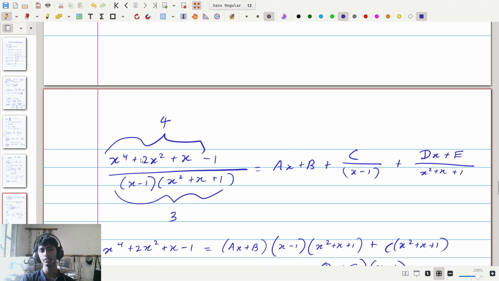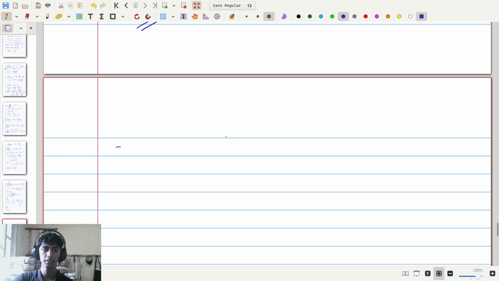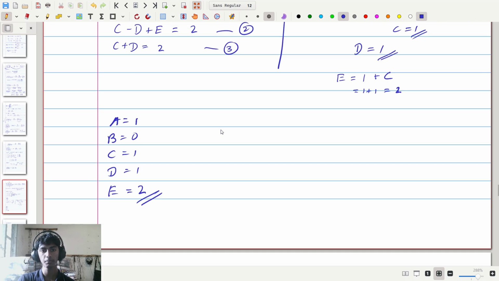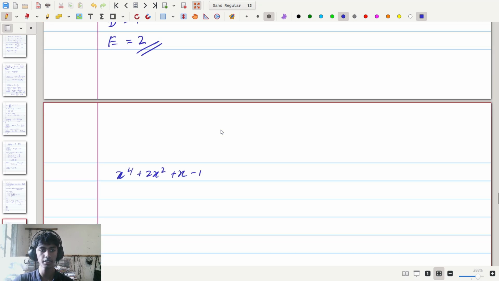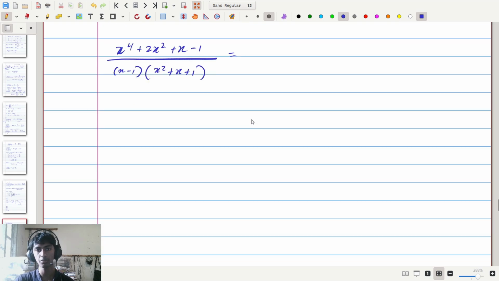So we can say x to the 4th power plus 2x squared plus x minus 1. Hold on, let me quickly write that down. x to the 4th plus 2x squared plus x minus 1 divided by x minus 1 and x squared plus x plus 1 is equal to ax plus b, where a is 1 and b is 0. So x plus 0, which is just x,